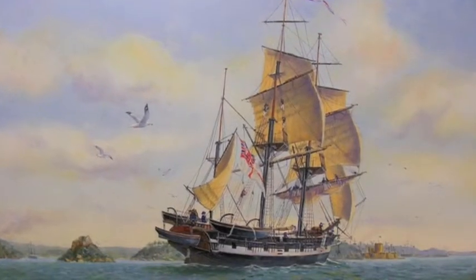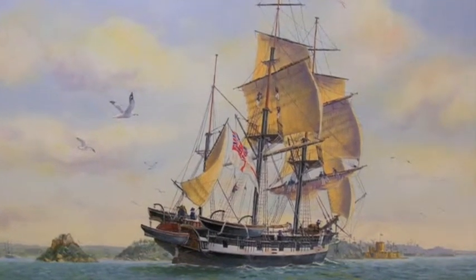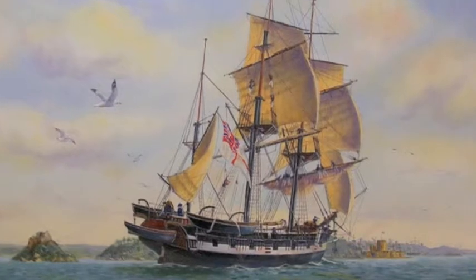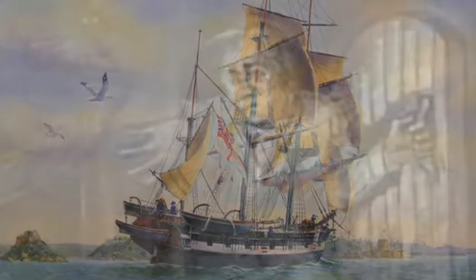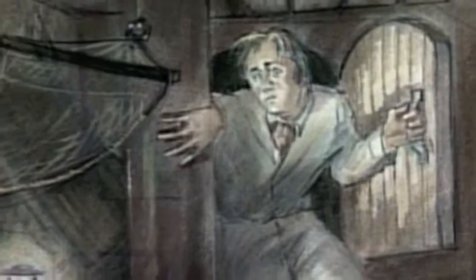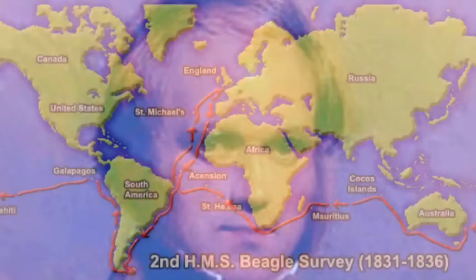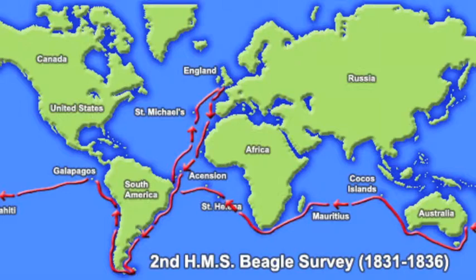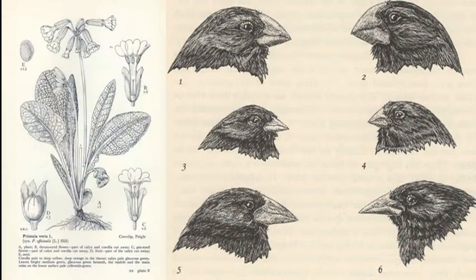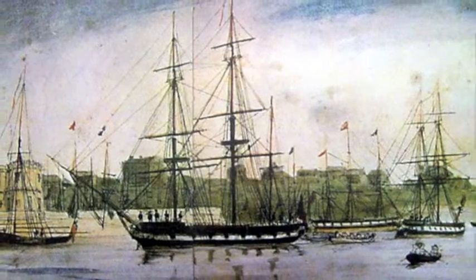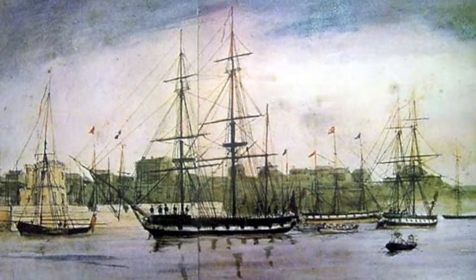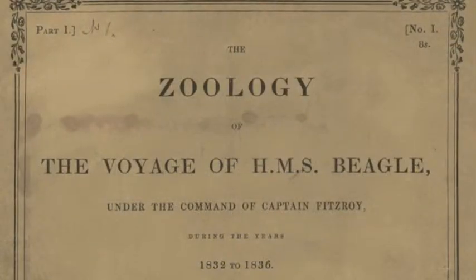On December 27th, 1831, a 22-year-old man embarked on the HMS Beagle for a 5-year voyage of discovery and innovative observations. This man, Charles Robert Darwin, embarked on his voyage having already received a Bachelor of the Arts degree as an ambitious naturalist. He had traveled most of South America, studying the variations and similarities of plants and animals. On his return in October 1836, he worked with his colleagues to publish the zoology of the HMS Beagle in